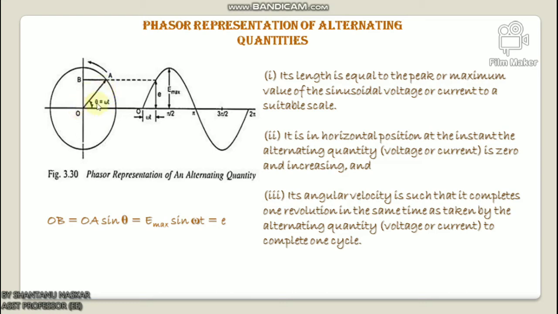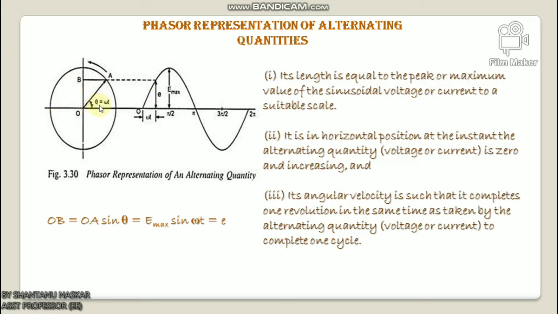An arrowhead is put at the outer end of the phasor, partly to indicate which end is assumed to move and partly to indicate the previous length of the phasor when two or more phasors happen to coincide. Now in this figure, OA shows the position when it has rotated through an angle theta, equal to omega t.